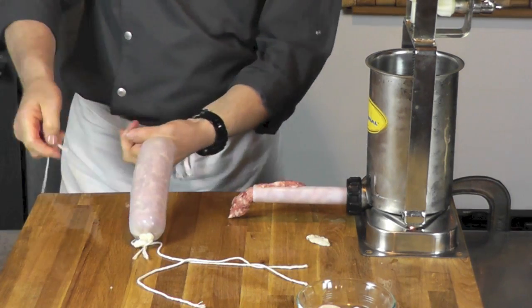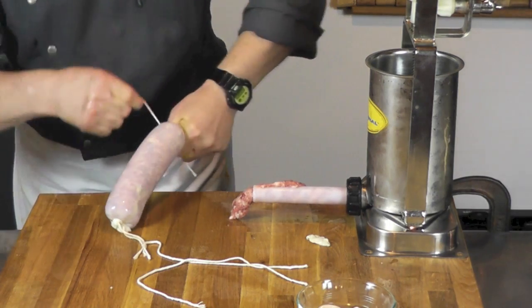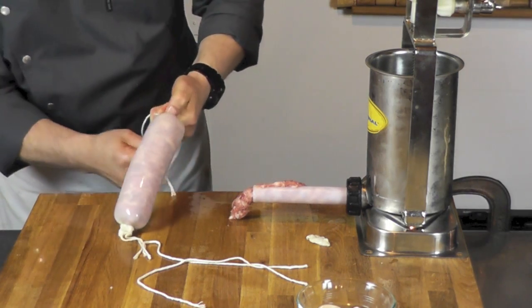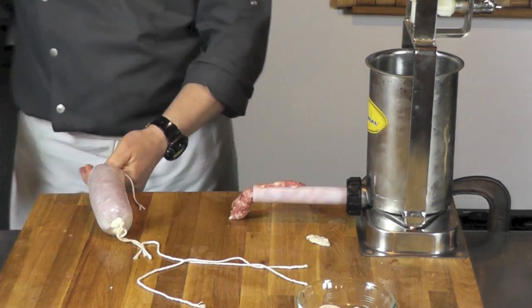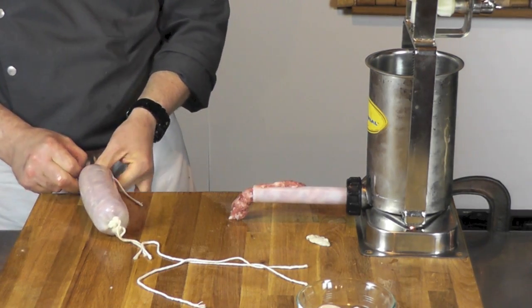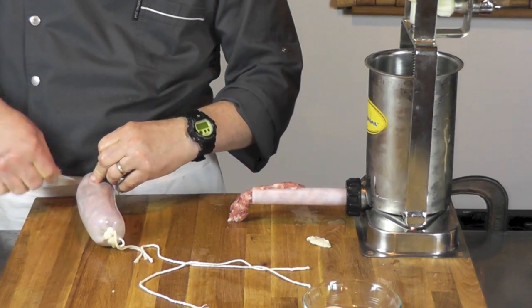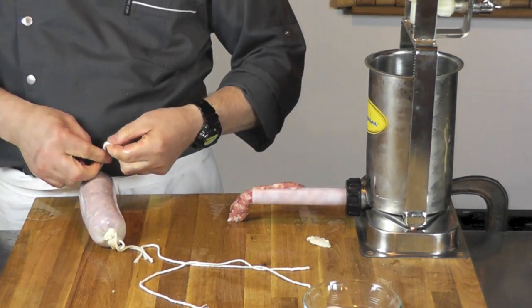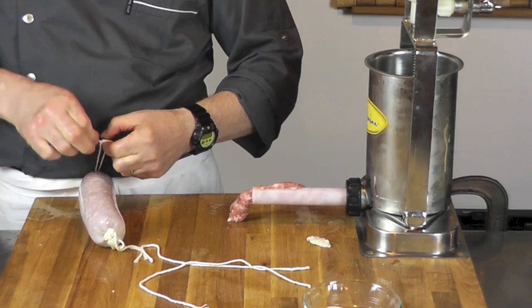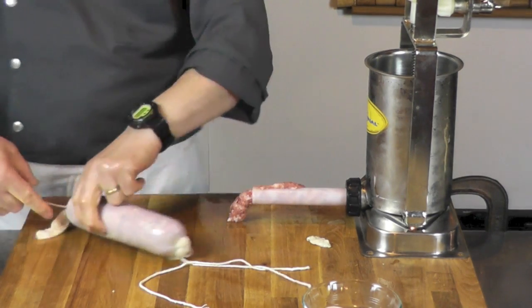I keep it nice and tight, and I will use my hands to make sure it stays that way, and I put my thumb on the string to keep it from loosening up. With my belly I hold it, the tag. This way it's easier to work along, or you can have somebody help you out, but it's not always practical. There we go. Now this tag